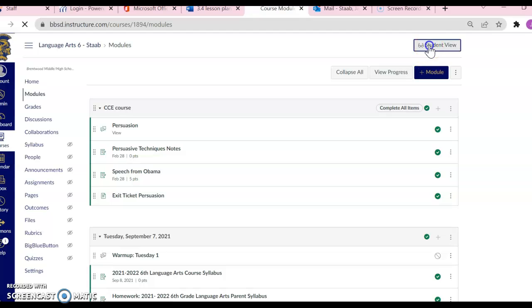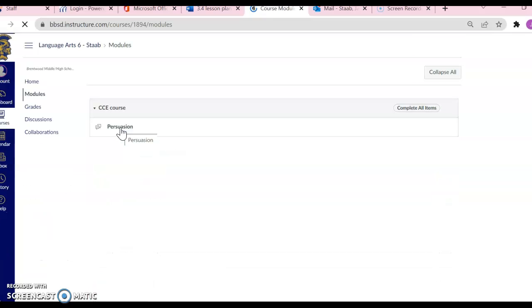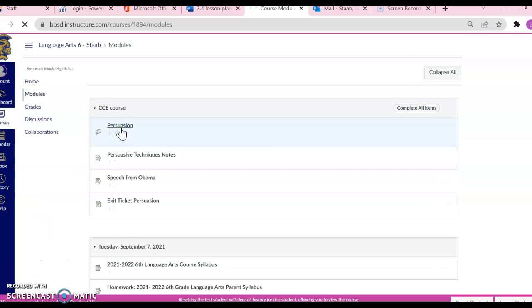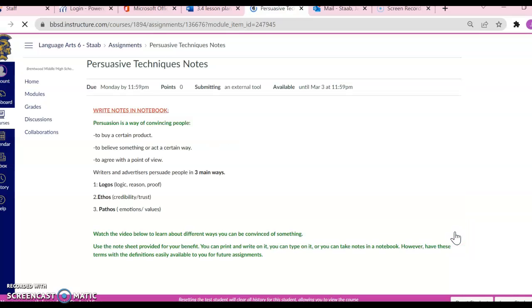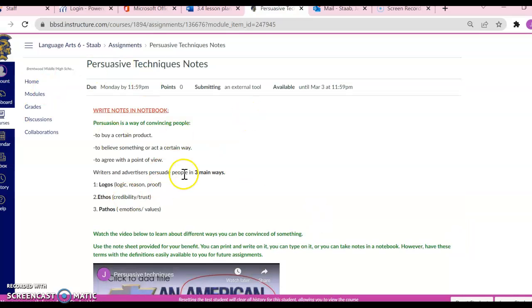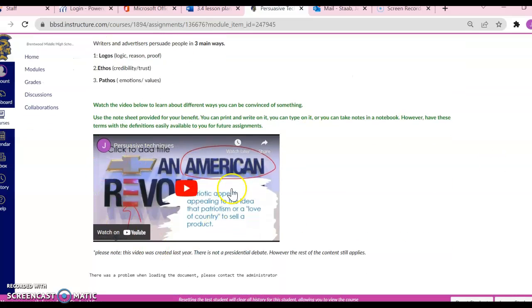So students would first click on the persuasion unit, and they would answer the discussion question. Once this is answered, then they will be able to post their assignments and reply to other students' work here. After that, they're going to take notes in their notebooks, and they will watch a video talking about